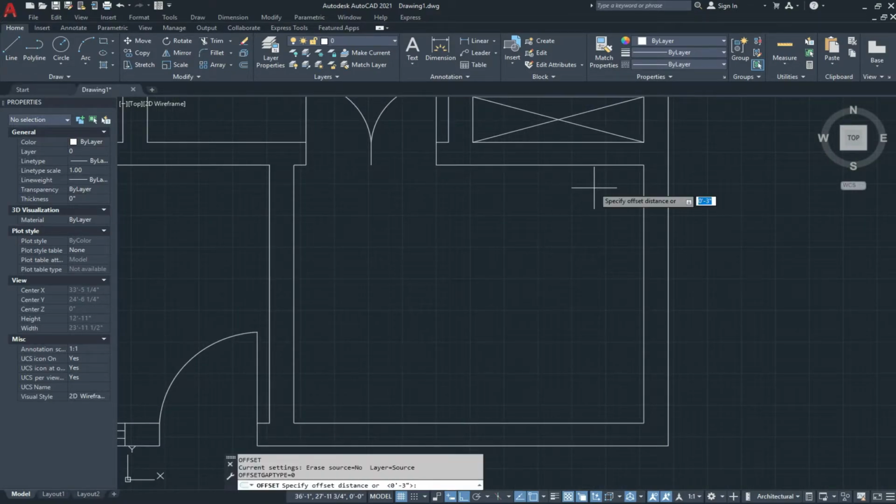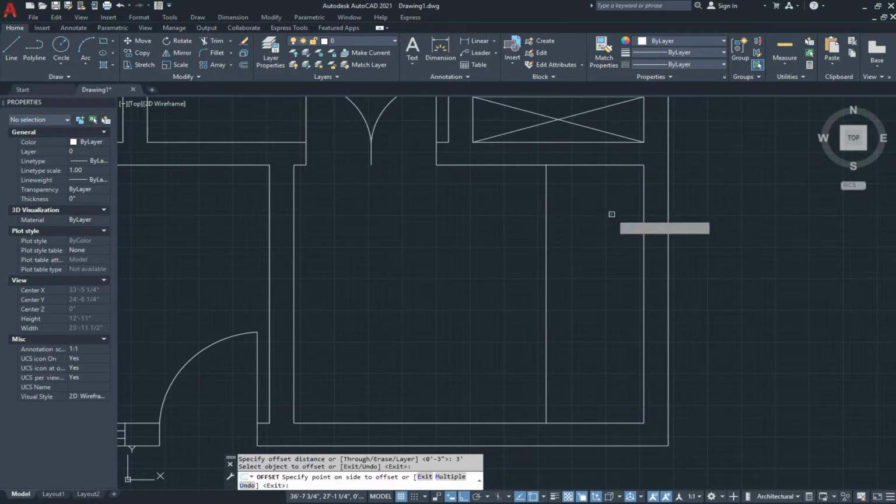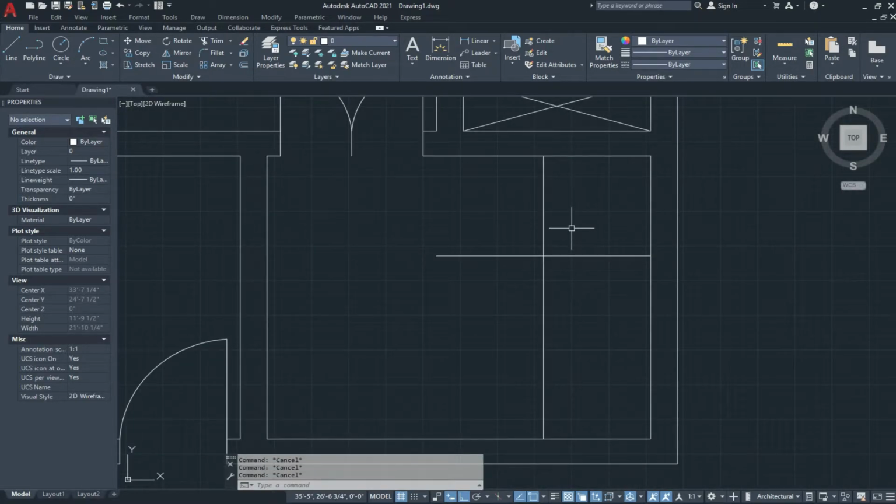Now we make the stairs here. Give the offset 3 feet, like this, and give the offset 9 inches.